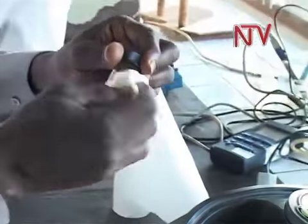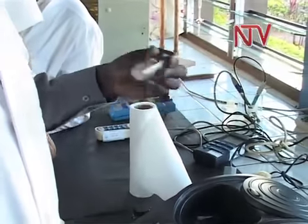But how come that sometimes the water we get in our homes is not clean, even having gone through all this treatment? We transport this water through a pipe network up to as far as Matuga, as far as Mukono, as far as Budo. And within the distribution network, there are points where some of our pipes burst. And that poses a point for recontamination. And also, at the customer's premises, we are not in control of the storage tanks the customers use to store